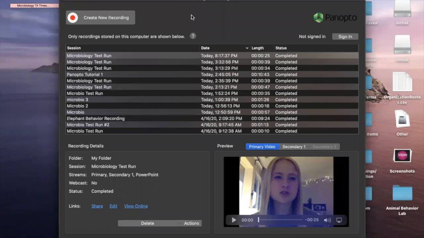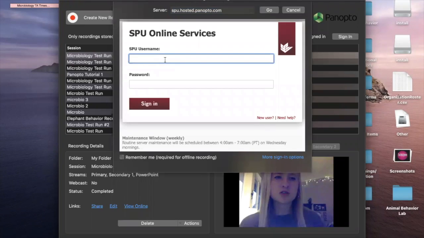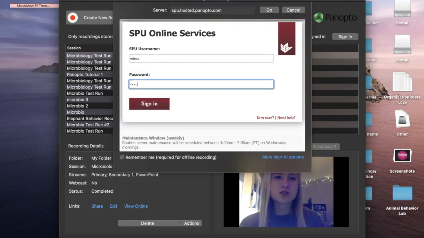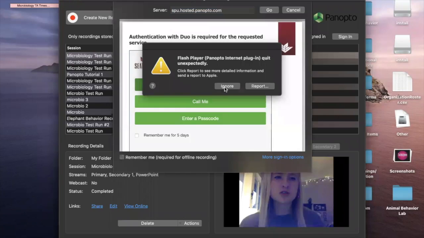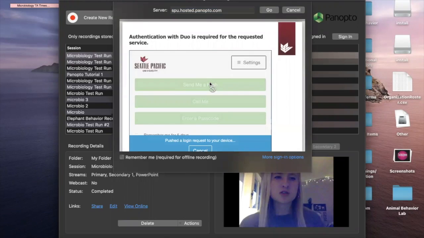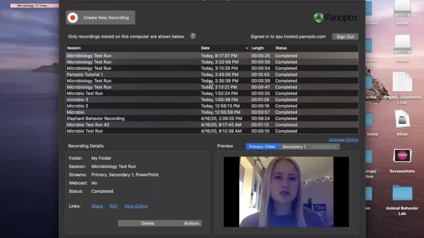The first thing you're going to want to do when this application comes up is go to your upper right hand corner and sign in. To do this, you'll just use your normal Canvas or email username and password. This is just to make sure that your video can be connected to the online format of Panopto with your account. Okay, so once that's done, I'm going to go up to the upper left-hand corner and click Create New